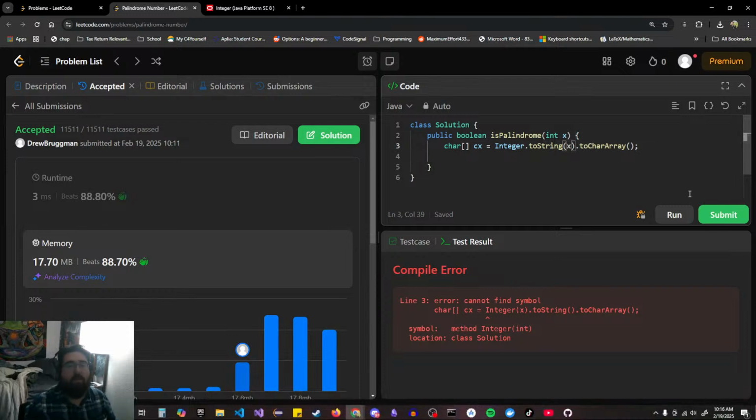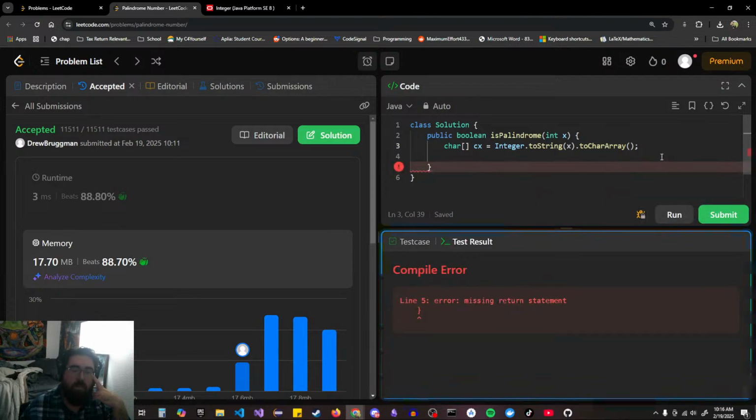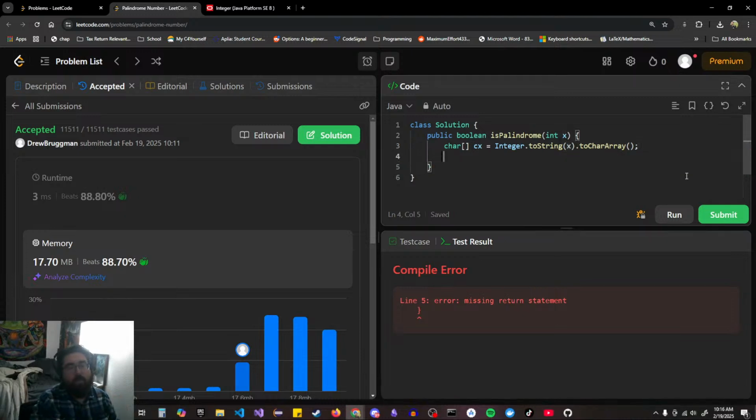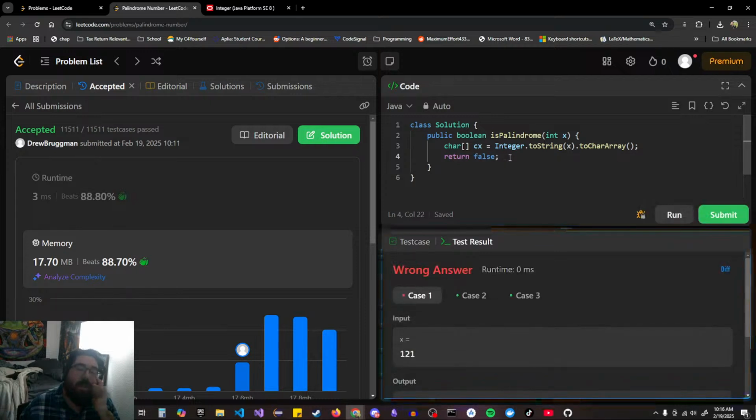String x. Will this work? Oh, it has to be returned. Okay, sorry. It doesn't like it because I needed a return statement for the function. Okay, so it fails, but this works,